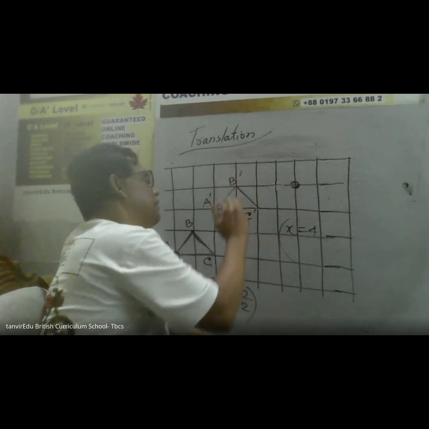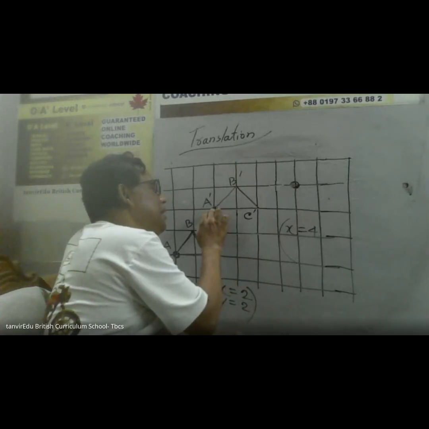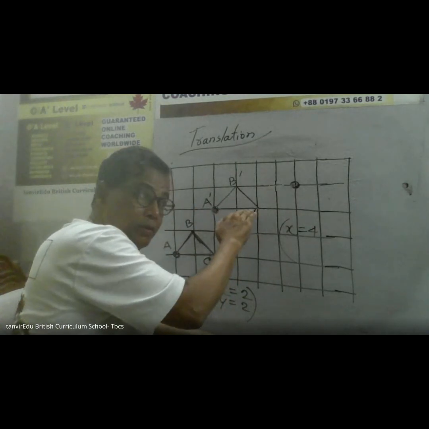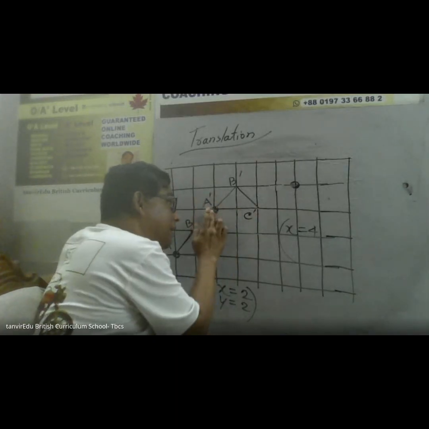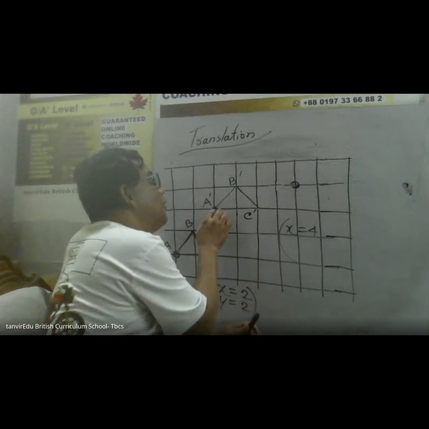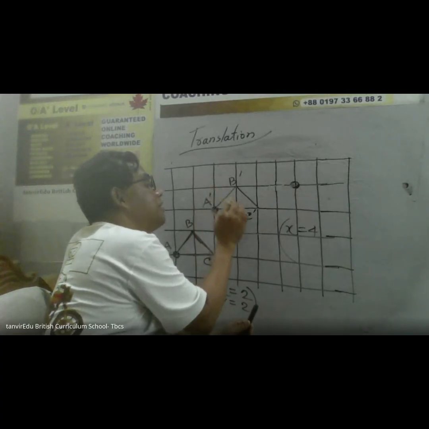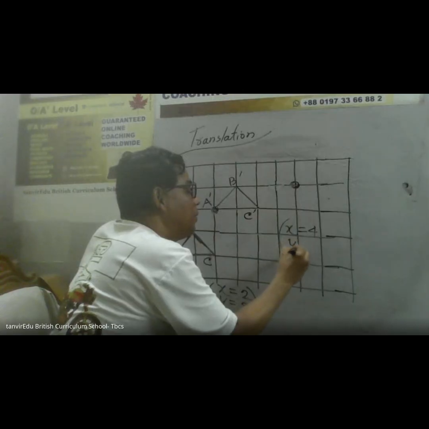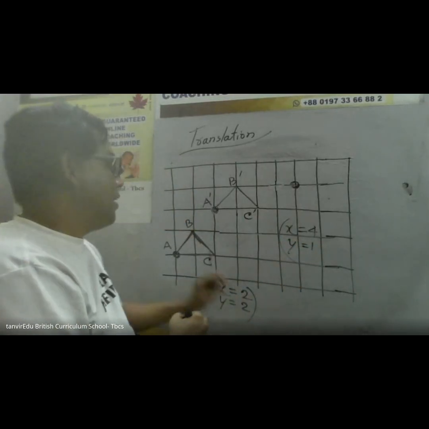So what is y? Y means here to there. At the time of counting x, this line will be used. At the time of counting y, this line will be used. Here to there, right? So only 1. Here to here means 1. So y will be 1. So this is